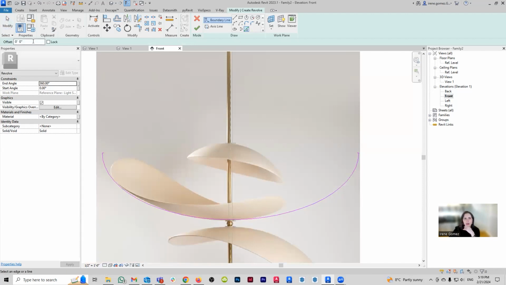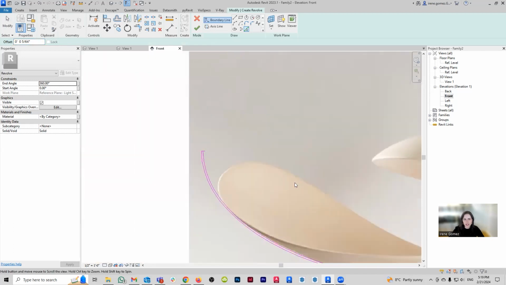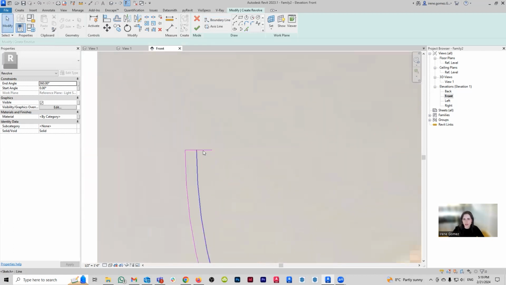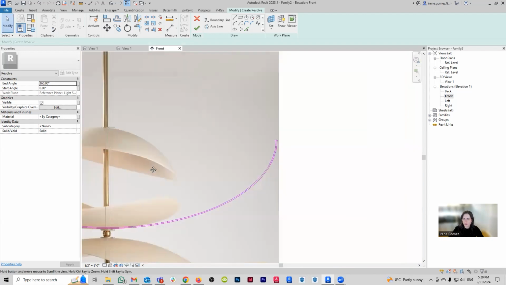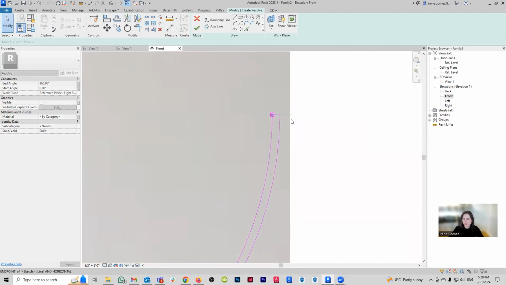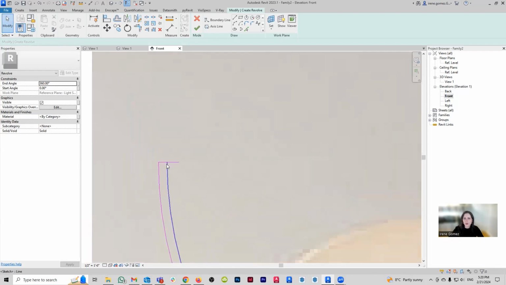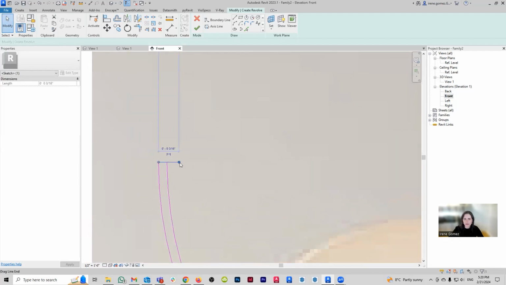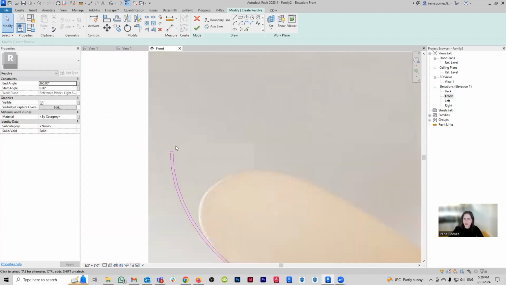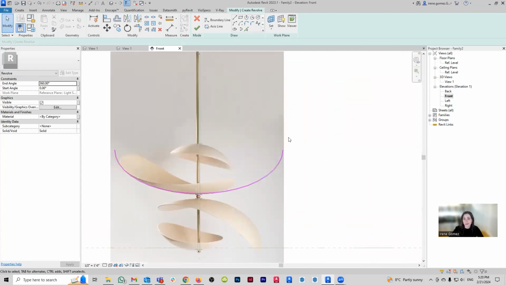Let me try to do the offset 2 millimeters again. And then let's put it here. There you go. See? Now it's Revit, you're so strange. Trim. I think that might just be a glitch. Ooh, there you go. Bring it there manually. I don't know why. Whenever I decide to work with curves in Revit, Revit is absolutely like, I will make your life hell.